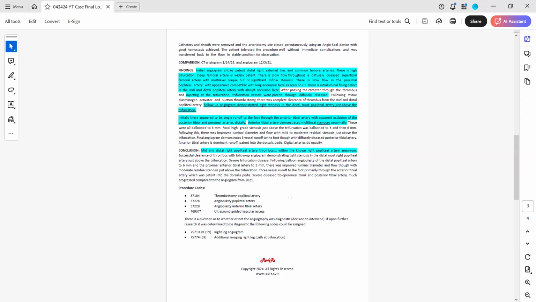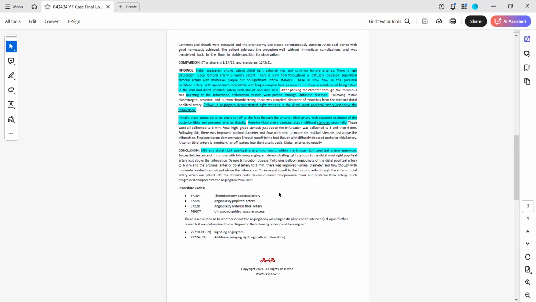So that's why it's so important to look at your clinical indication, because it is going to change the coding. But in this case, with the stenosis, we know that we've treated occlusive disease, so we can ignore the fact that the patient had the underlying popliteal aneurysm. So again, in review, we have code 37184 for the popliteal artery thrombectomy. We have 37224 for the popliteal angioplasty, 37228 for the anterior tibial artery angioplasty, and then 76937 for our ultrasound